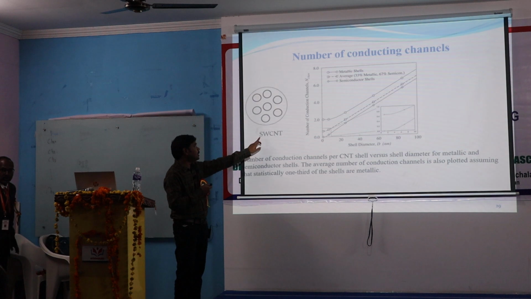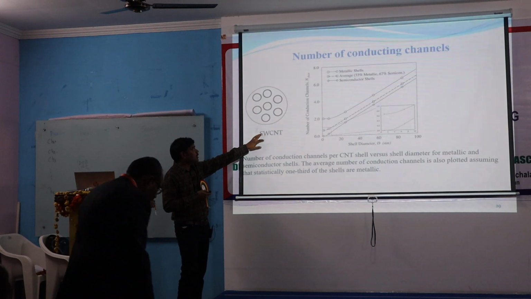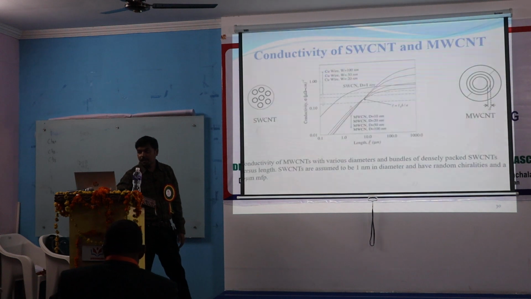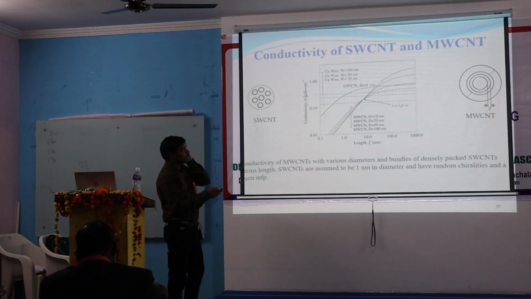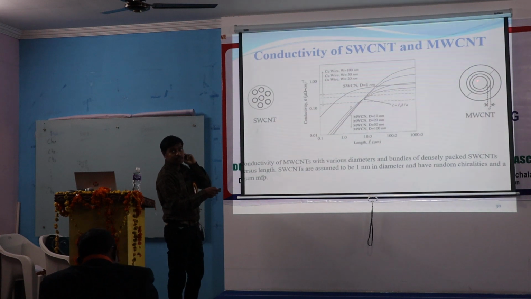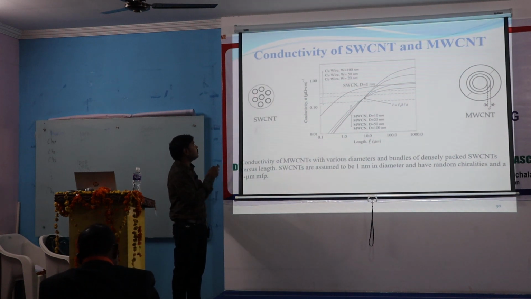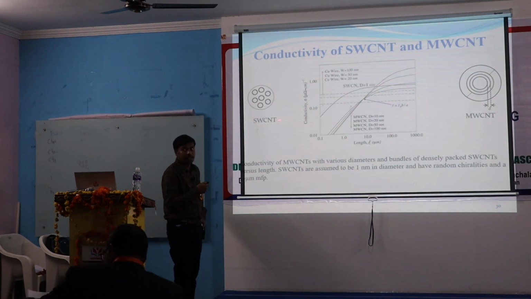So this is called an SWCNT bundle. Okay, this is a bunch, right? A bunch of interconnects are going. And this is MWCNT, because this is one shell, this is another shell, another shell, another shell. So like this you can place the MWCNT bundle also. One MWCNT here, another MWCNT here, another MWCNT here. So like this you can define the MWCNT bundle also.